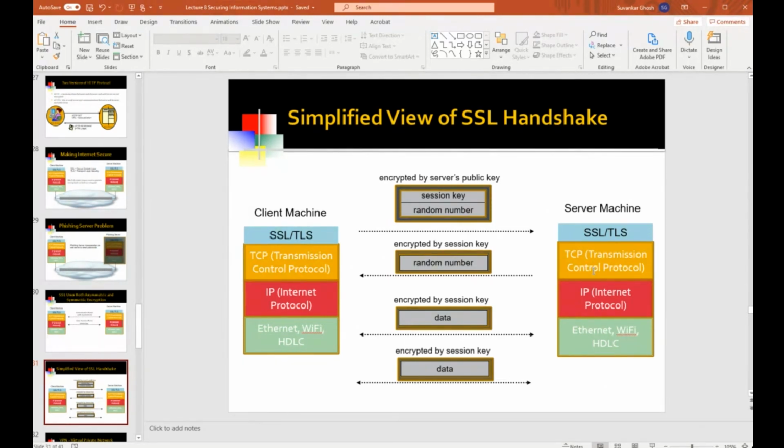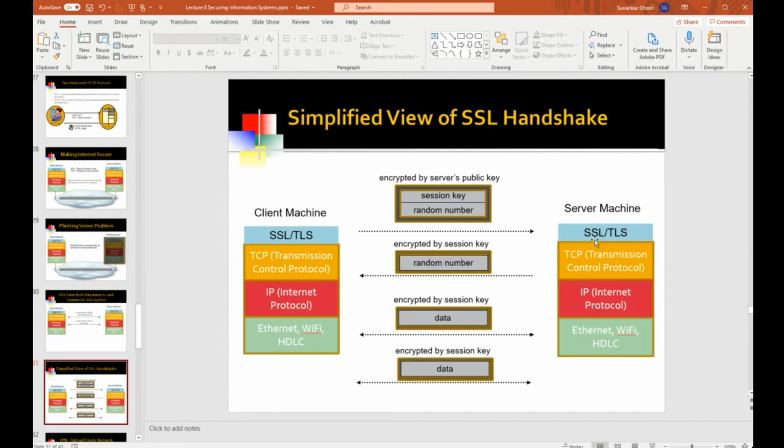The phishing server does not have the private key. The genuine server has the private key. So they're sending it to this, and if it did reach the genuine server, then the genuine server can decrypt that message.